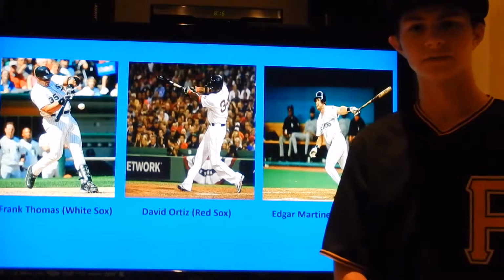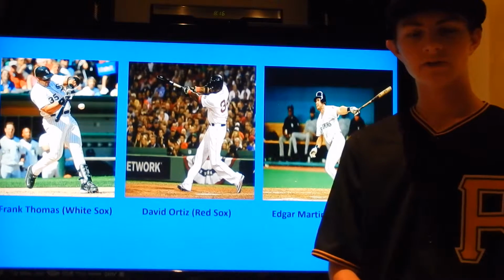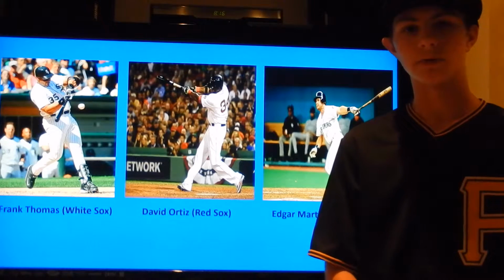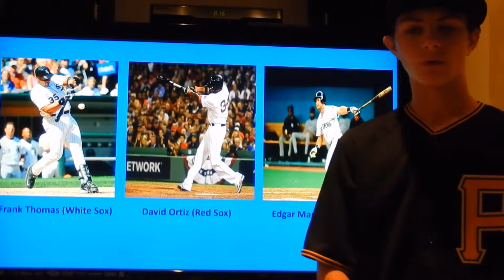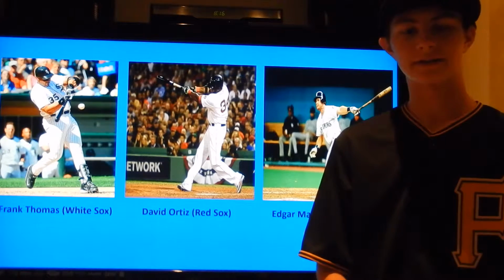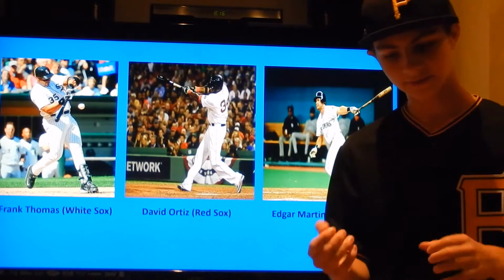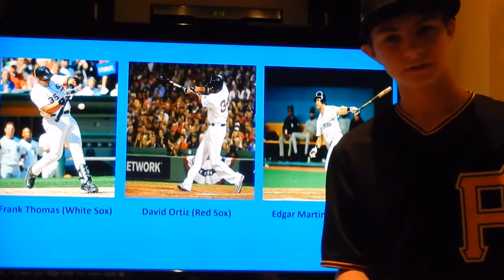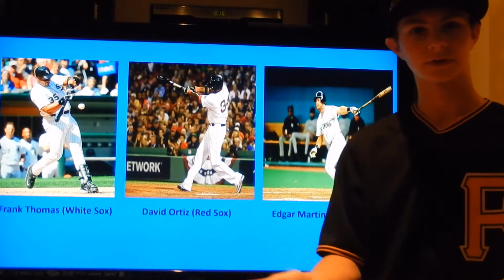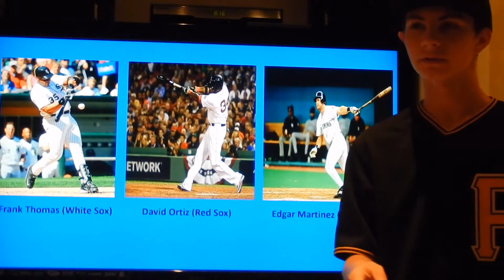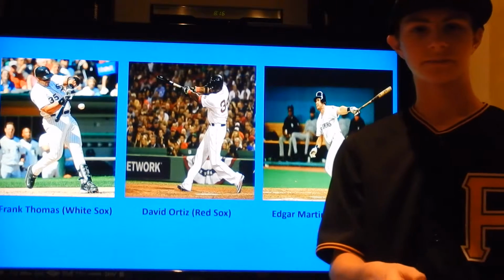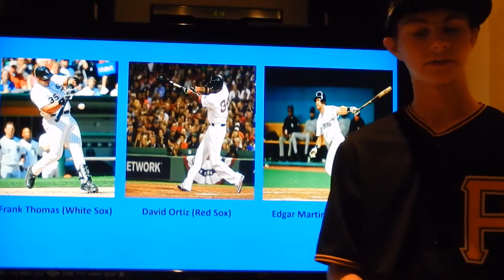But some of the reasons for the DH was to kind of replace the pitcher's role in batting. Now, the pitcher's role is usually a sacrifice bunt. A sacrifice bunt is simply just sacrificing yourself to move runners over. So say there's a person on second and third, or let's say first and second, and the pitcher comes up to the plate with less than 2 outs.